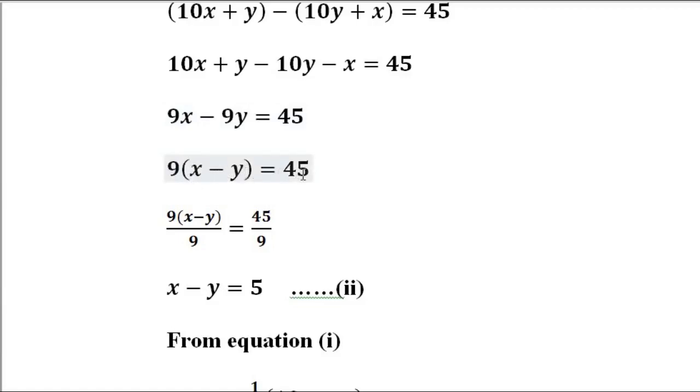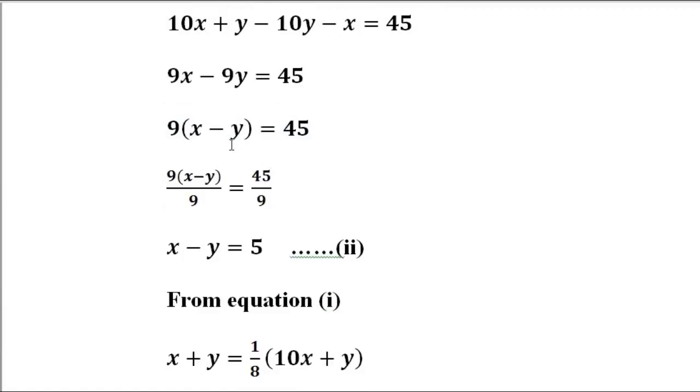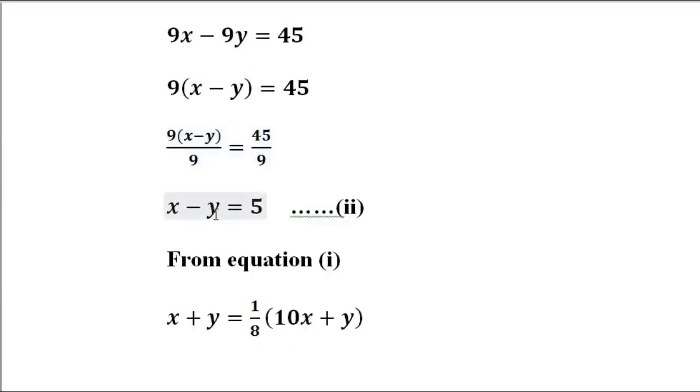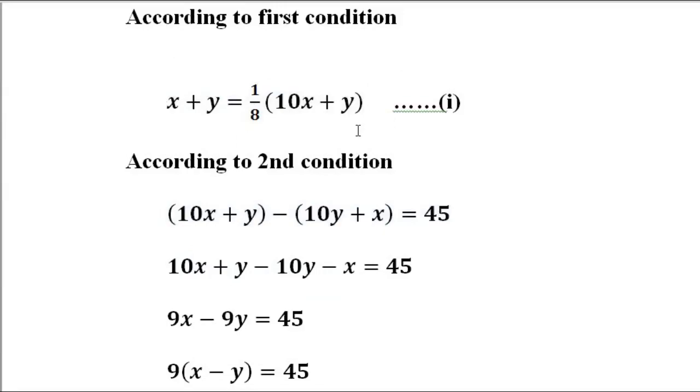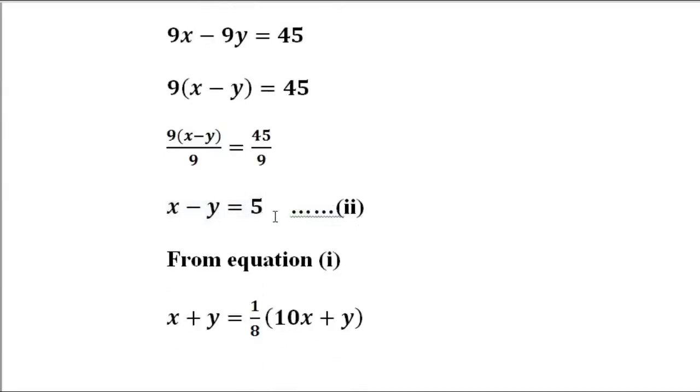equals 45. To simplify further, I'll divide both sides by 9. We get x minus y equals 5. Another linear equation, and I'll name this equation as equation 2. Now that we have formed a system of linear equations including equation 1 and equation 2, let's solve this system